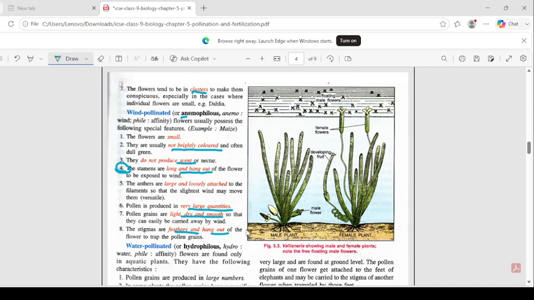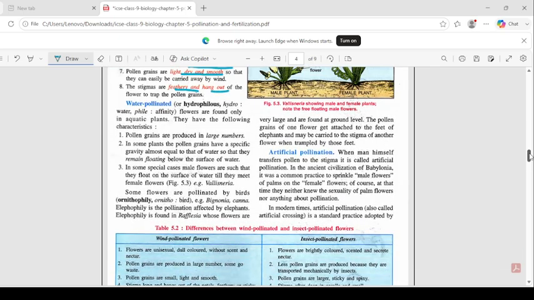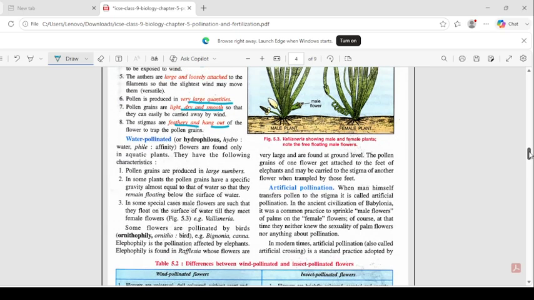Here comes the last, that is hydrophily. Now you'll be surprised to know one thing about hydrophily, that most of the plants in case of hydrophily are beautiful and will be pollinated by insects, as in case of lotus, water lily. Although they are hydrophytic plants, these plants will be pollinated by insects because they are beautiful or they have a good smell. But here one diagram is given, and this diagram is of Vallisneria, which is one of